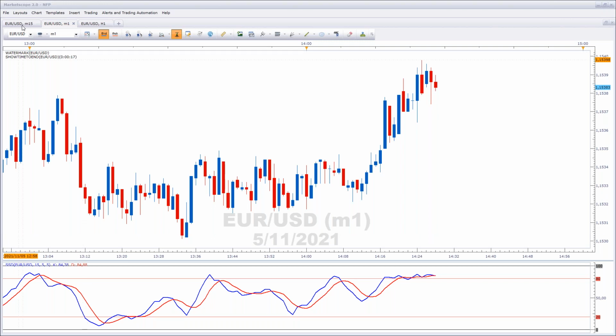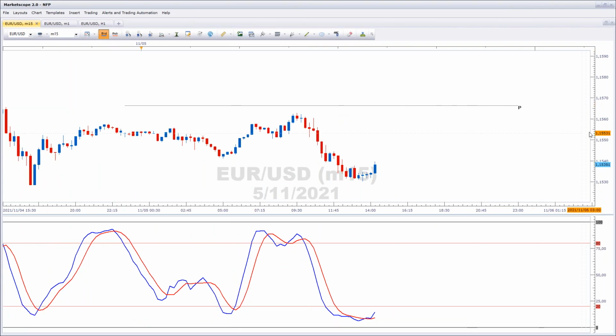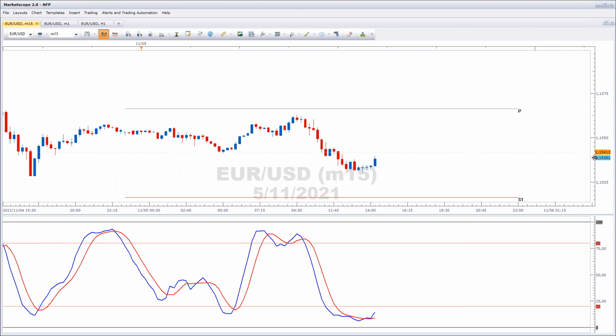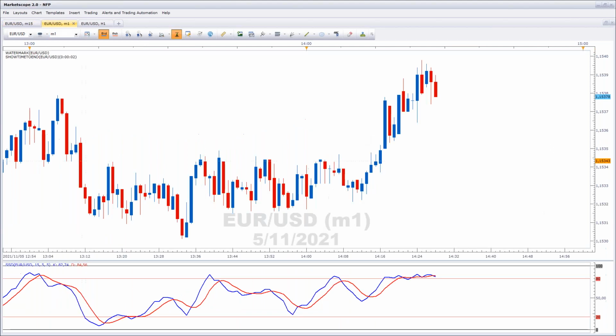Here's the top pivot, and just squeeze this down. There's the bottom pivot. Okay, so let's go back to the 1 minute. Now, in terms of time, we've got 57 seconds. We'll get the release, 57 seconds, and we should see some reaction in the market.